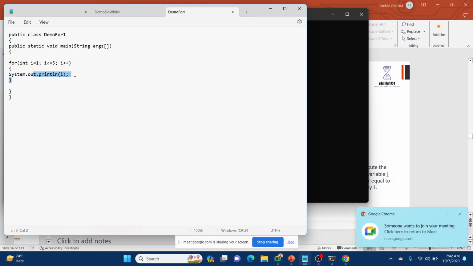It will print again, then it will go again on i plus plus, i is 3 now, then it will go on the condition: 3 is less than or equal to 5, true. Then it will print the body again, then again it will go over here i plus plus, i is 4 now, then the condition: 4 is less than or equal to 5, true, it will again execute the body statements. Then i plus plus, i is 5, 5 is less than or equal to 5, it is still true, it will again execute the body part. Then i plus plus, i becomes 6, 6 is less than or equal to 5, it becomes false, and it will go outside the loop.